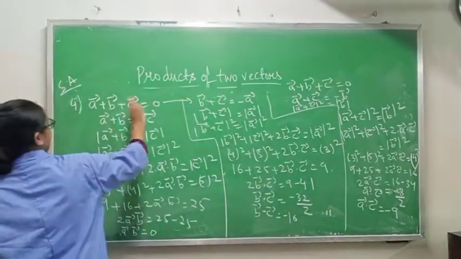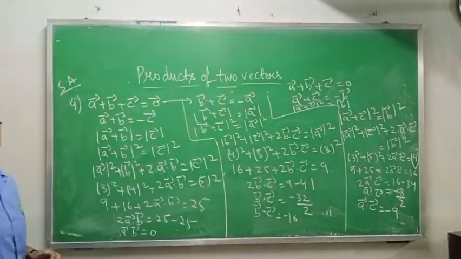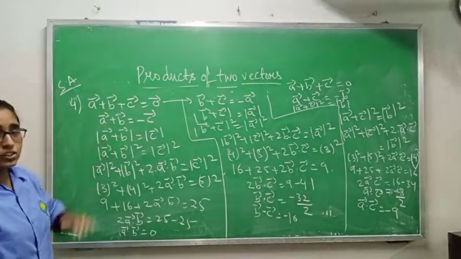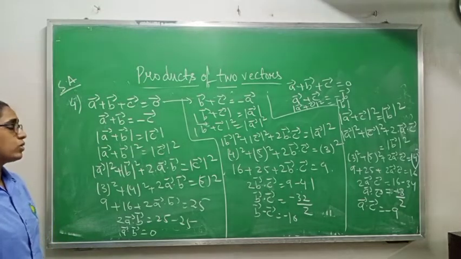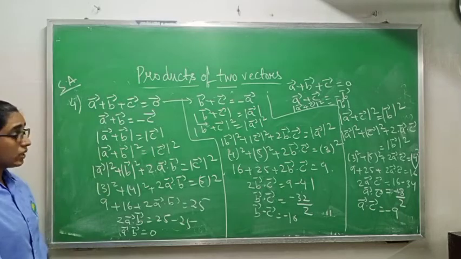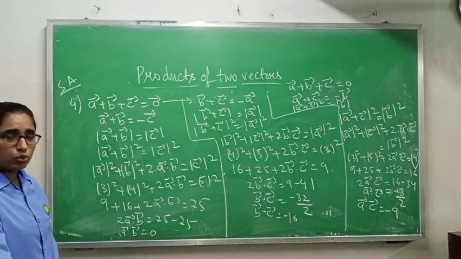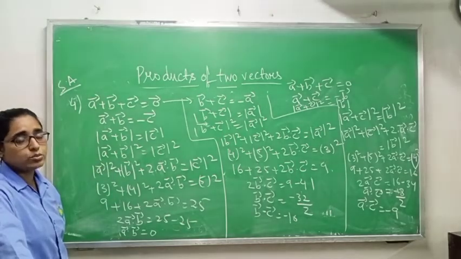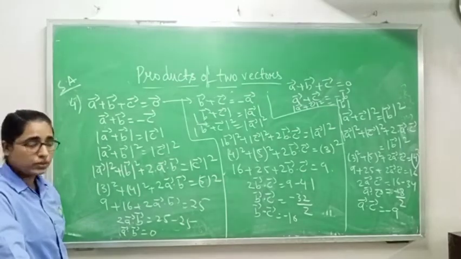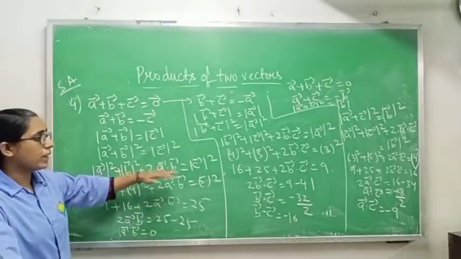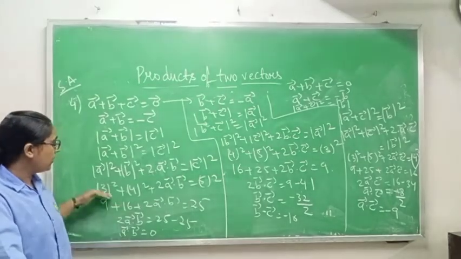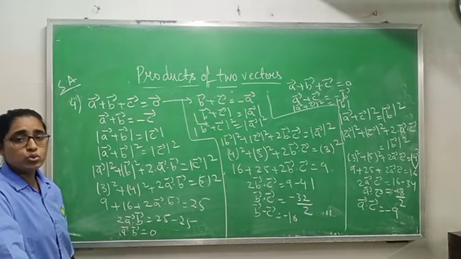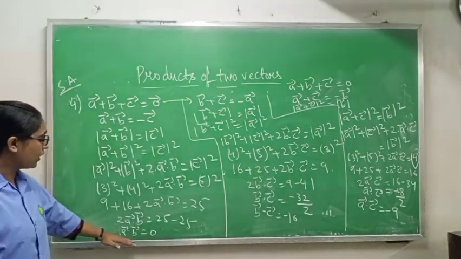Now see, it is given a vector plus b vector plus c vector equals 0. I am taking b to this side, it will become minus c vector. Now when you take mod, it will become mod of a vector plus b vector equals mod c vector. Now when you square both sides, it will become mod a vector plus b vector whole square equals mod c vector square. Now when you break it using the formula, it will become mod a square plus mod b square plus 2 a vector dot b vector. I am not giving mod here, because we have to find a vector dot b vector. After that when you put the values of a, b and c, you will get a vector dot b vector equals 0.